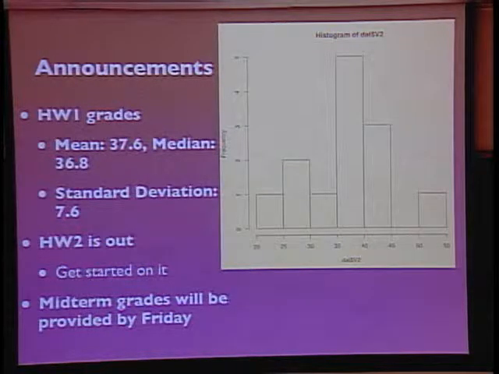But yeah, I was mentioning earlier that I think the midterm turned out the way I wanted it to, which is to say the mean grade is actually not very high at all. So something like between 50% and 2/3 of the number of points, which is really what you want if the course is being graded on a curve, because a curve is optimally fair if the mean is 50% and the standard deviation is about 20%. But you'll get those statistics on Friday. Any questions about any of this stuff? Okay, then let us move on